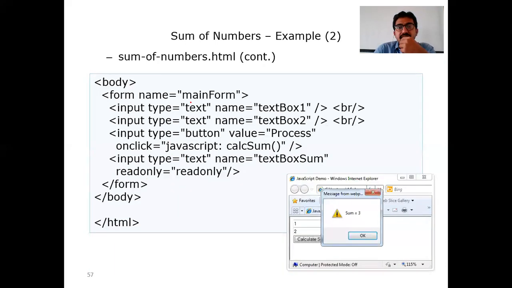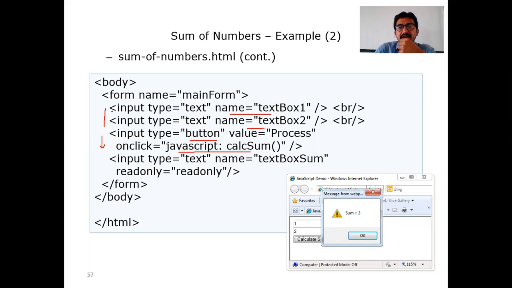In this body I am just creating a form. Inside the form I am giving two inputs, two text fields, text box 1 and text box 2. I am also creating one button. When I click the button, the onclick JavaScript is going to call callSum. So it calls that function callSum once you click that particular button. Input type text, name textbox, if you want you can use this also. But for now, here I am creating two text fields and one button.